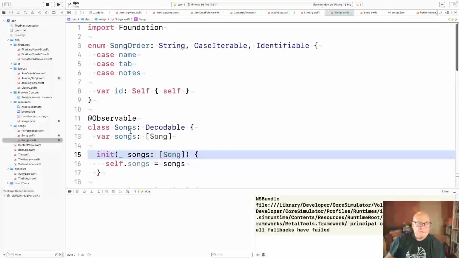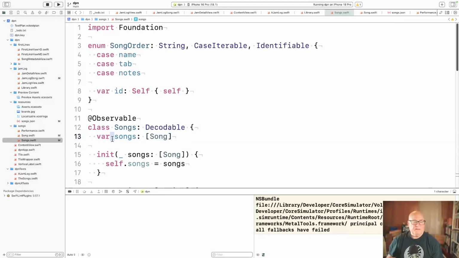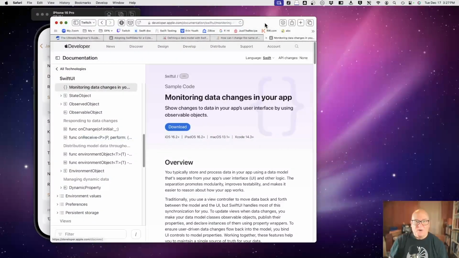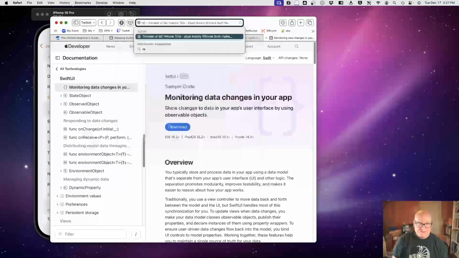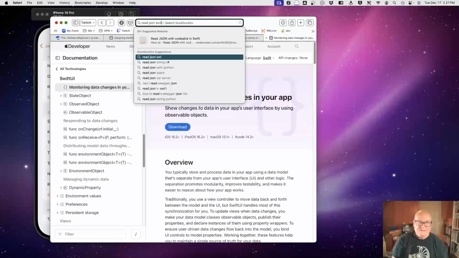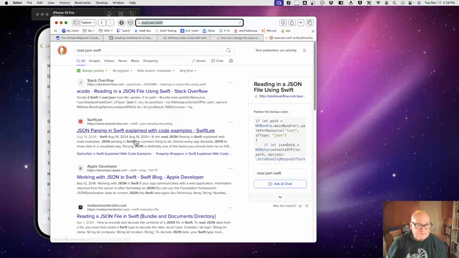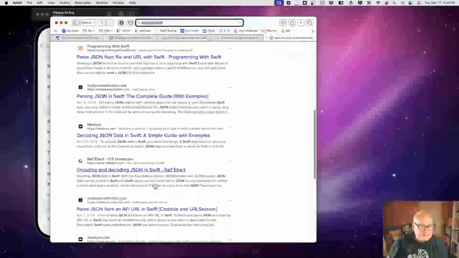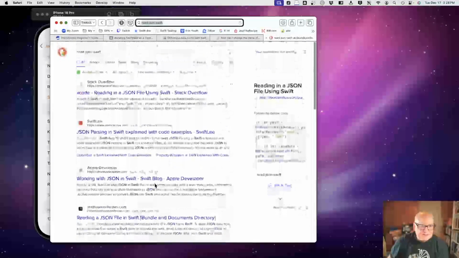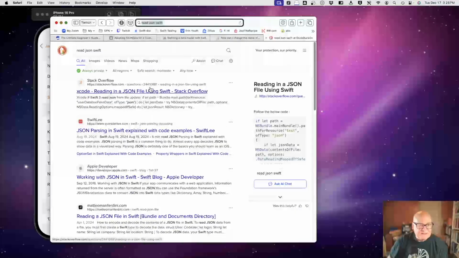All right, there's a way to do that with... I really should memorize how to read JSON file articles. Who's got that? Somebody's got, is it Hacking with Swift that had the guide with everything in it?